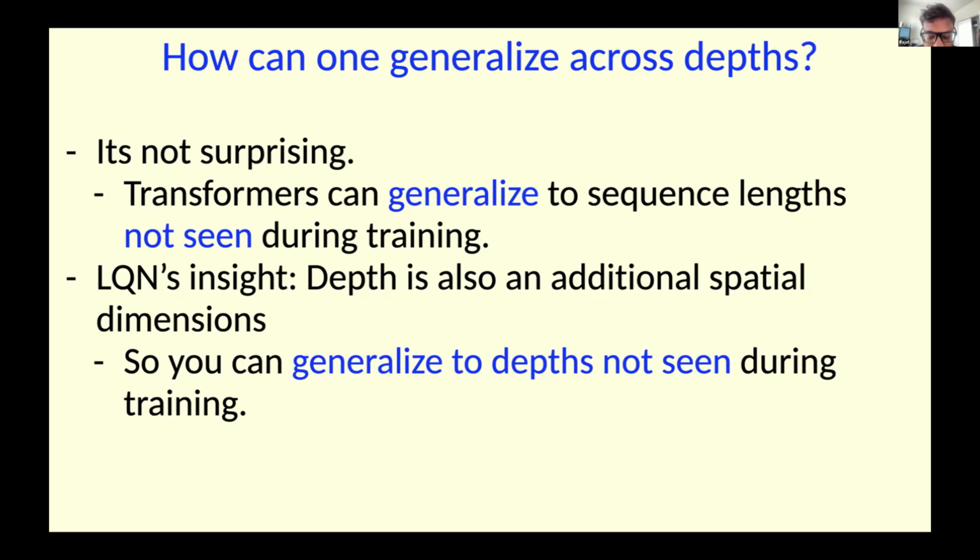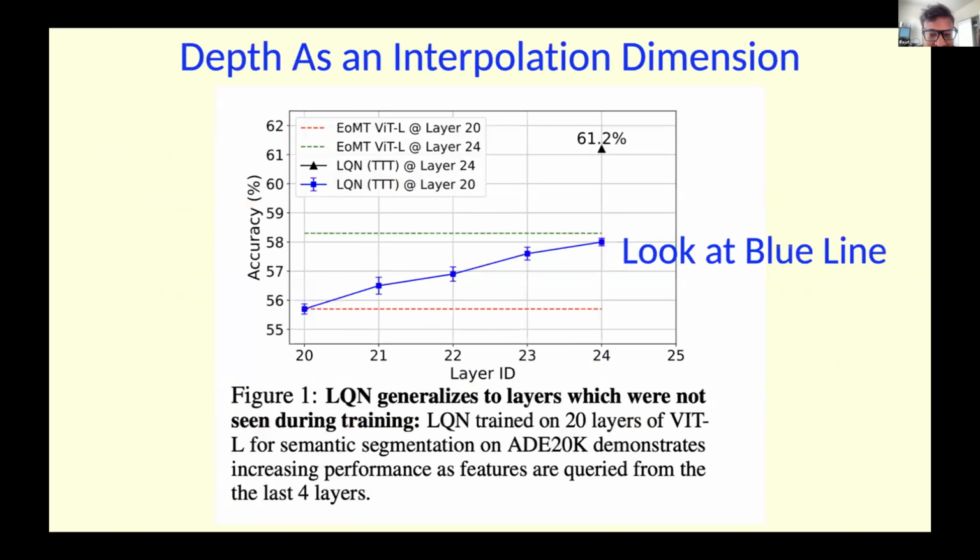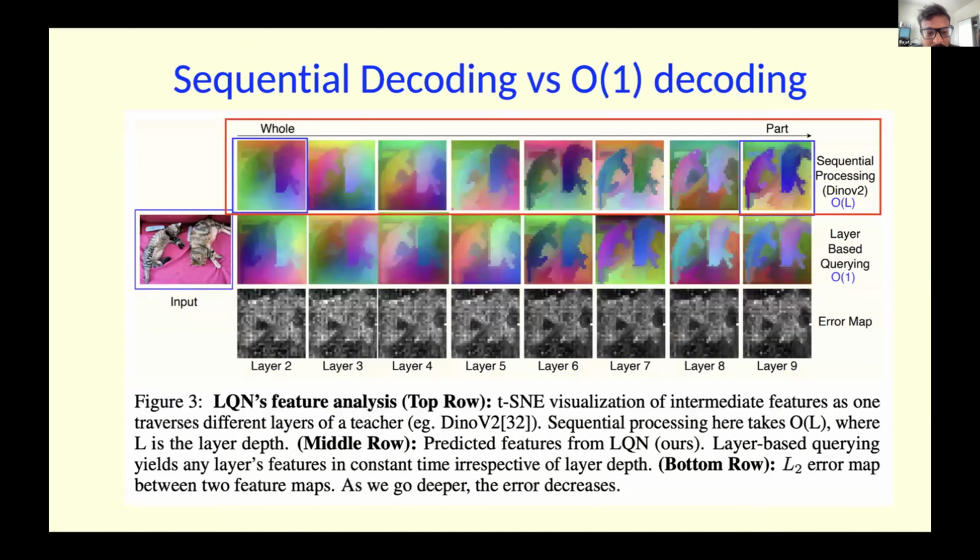And that is helping us, because deep learning has said that having depth is good, it will give you better accuracy, but that does not mean that you need to actually stack blocks on top of each other to get better accuracy. You could query it with a larger depth and get the same answer. That's the bigger takeaway from this whole model. So this is one analysis.